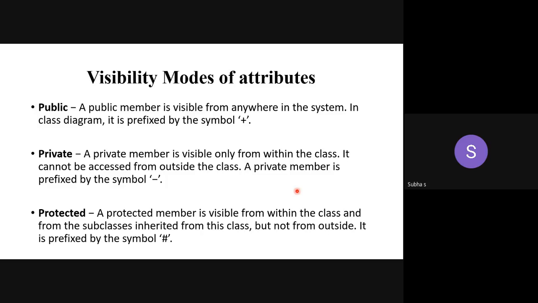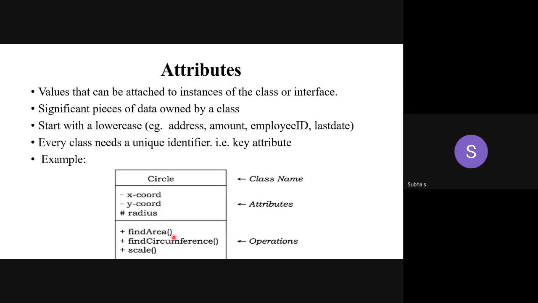By default, all the members in the class are what? Private only. Hope you all know this, very familiar, simple thing. By default, all the members in a class, all the members meaning both member variables and member functions. These attributes are your member variables. These operations are the member functions. All are by default private only. Okay. But we are making the operations public. Why are we making them public? Because then only they can be used by other classes.